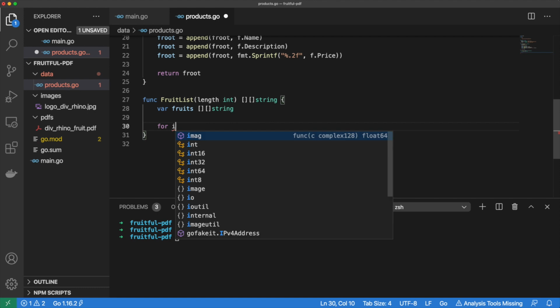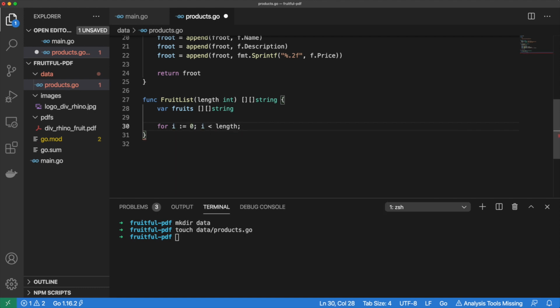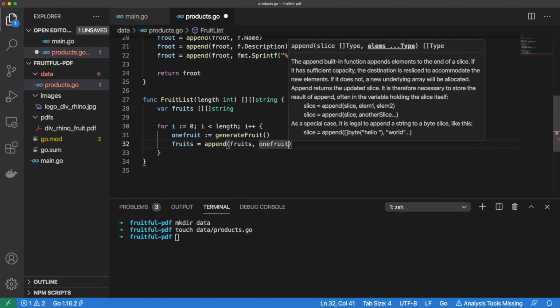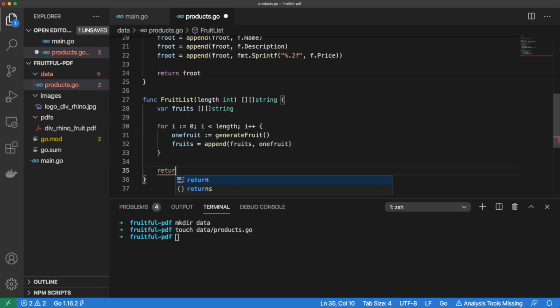And let's also set up a for loop that we can use to generate a number of random fruit. For every iteration of the for loop, we will generate a new random fruit and append it to the fruits variable. And then we can return fruits as a 2-dimensional slice of string. And that's our little random fruit generator all done.